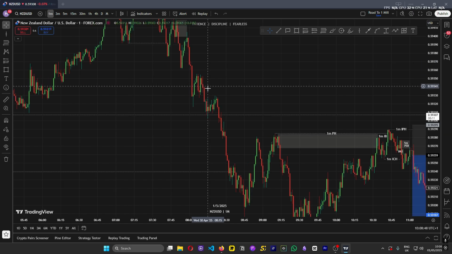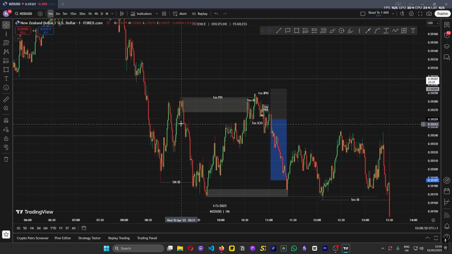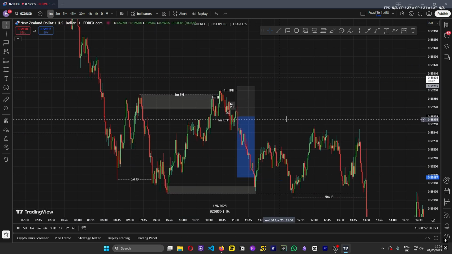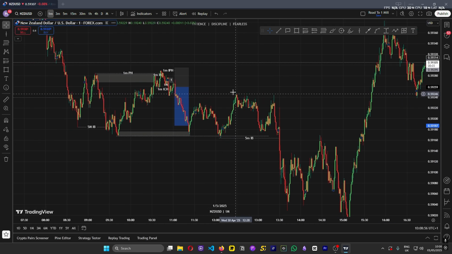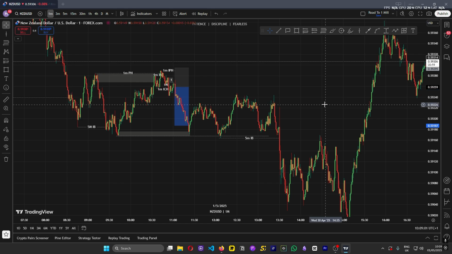I would be taking continuations until the weak structure gets reached, and then I would take another continuation or a few other continuations until I get stopped out, because when I do end up getting stopped out, that is probably going to indicate that price has finally switched trends. Okay, so